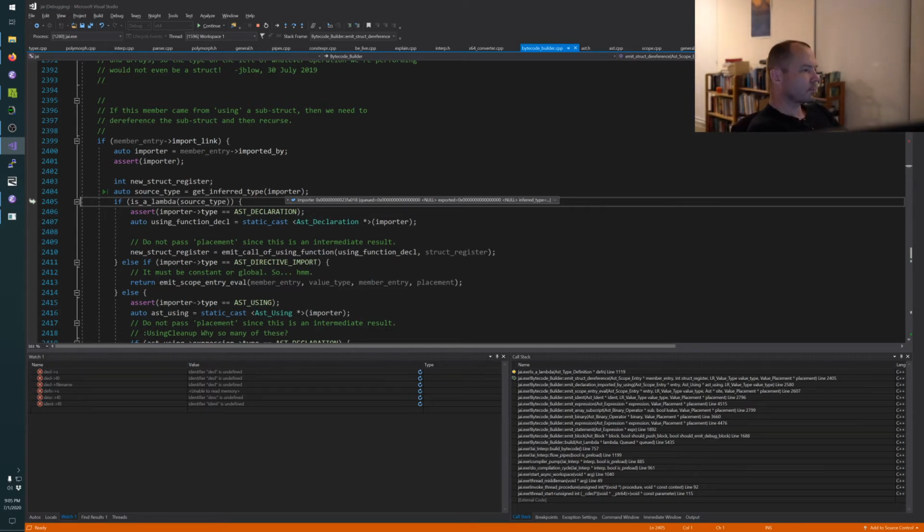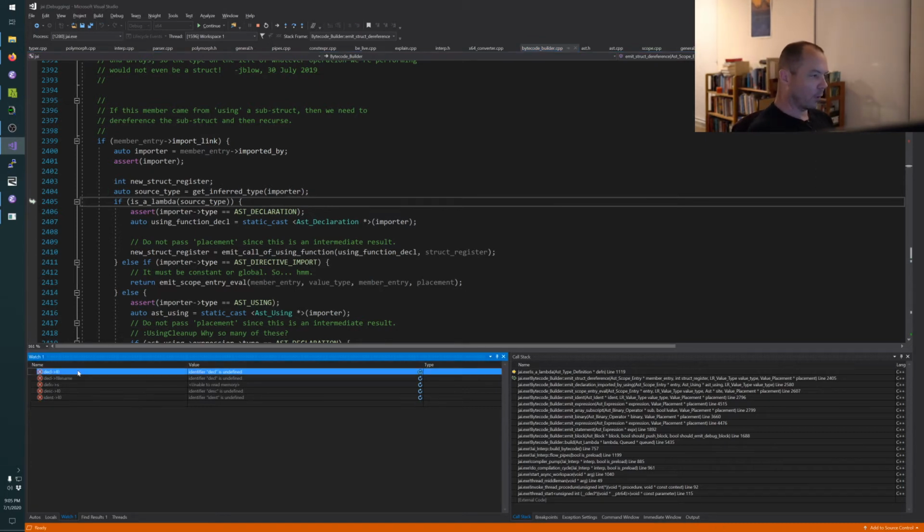Okay. Is it a lambda? No. Okay, what is the importer? It bothers me that it's a load directive. Okay.